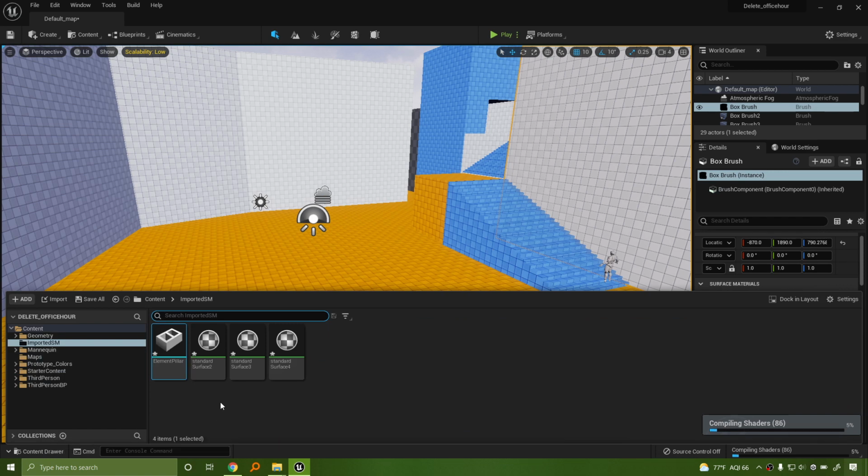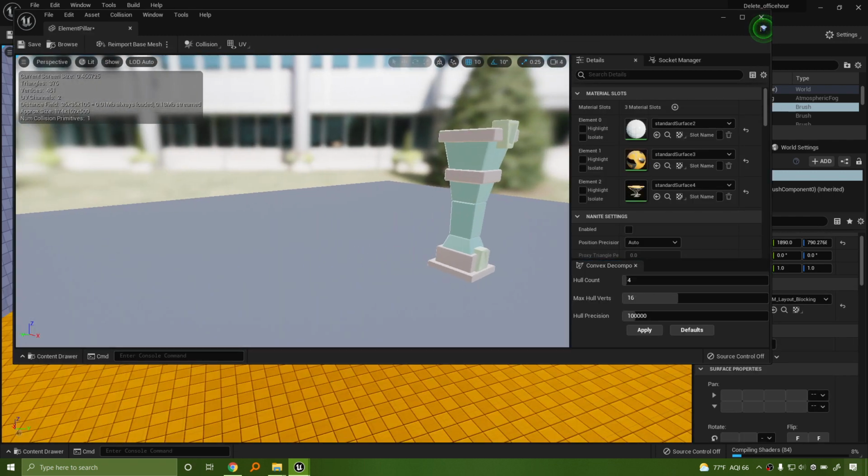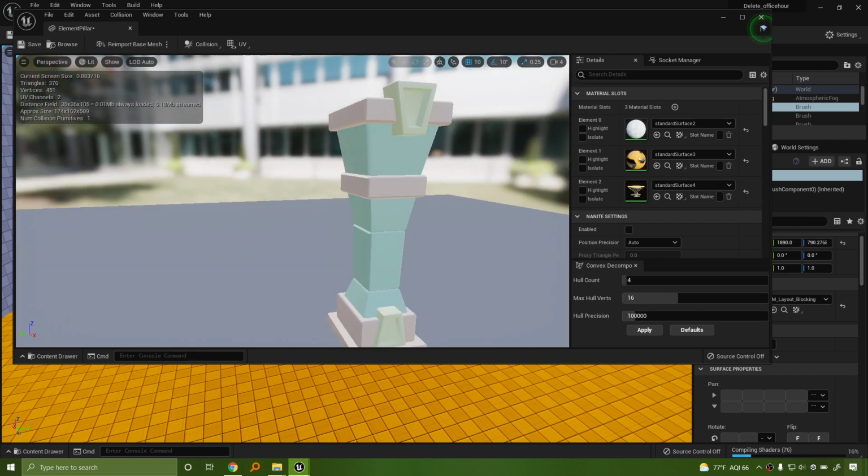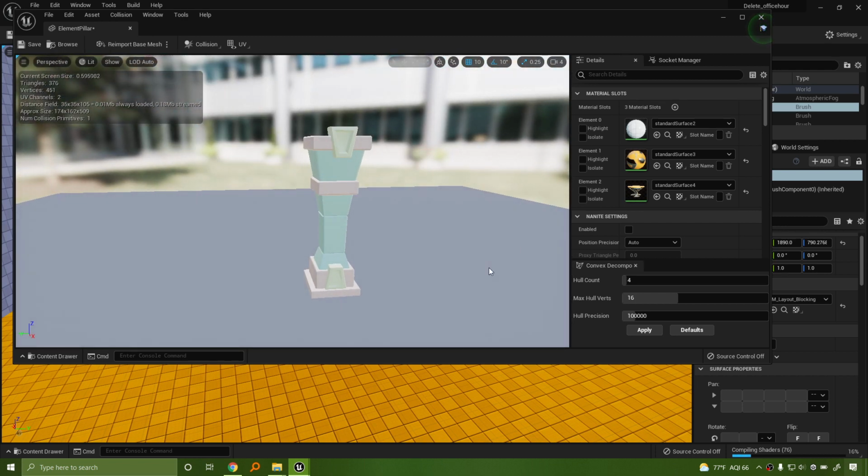Okay, it comes with some shaders, it looks like. We'll give it a sec to import. It's kind of doing its thing here. Let's go ahead and see if we can open it. And there it is. In the static mesh browser, it looks like it's already loaded in, and it has some surfaces applied to it already. This is broken up into elements. I'll show that in the future as well.